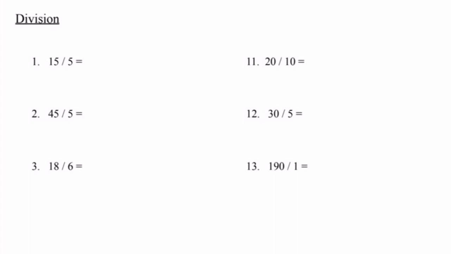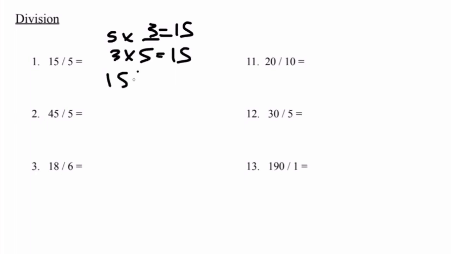Our second topic is division, and it's asking us to divide the numbers below. Number 1, they give us the equation 15 divided by 3. We know that 5 times 3 equals 15, and 3 times 5 also equals 15. Last but not least, we also know that 15 divided by 3 equals 5 because all of these numbers are factor families of equations. Therefore, 15 divided by 5